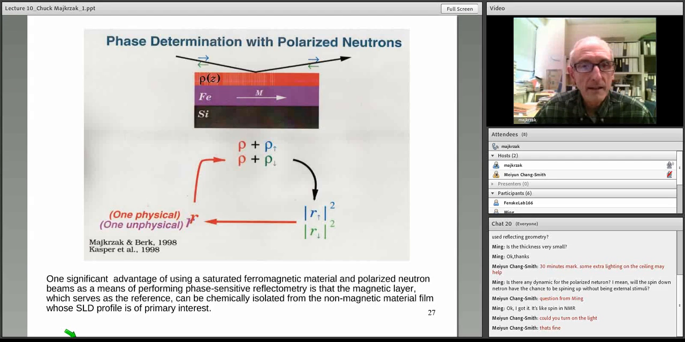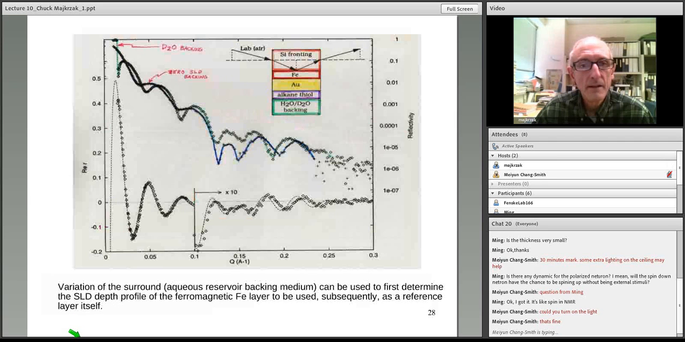So again, just to say it one more time, the iron layer has its magnetization saturated in one direction, and the beam is polarized either spin up or spin down. That gives us two reflectivity data sets, R squared as a function of Q, that we can use to solve for the part of the film that we're interested in, this rho of z in the red up here, that's common to both composite systems. Here's an example, an early example, where